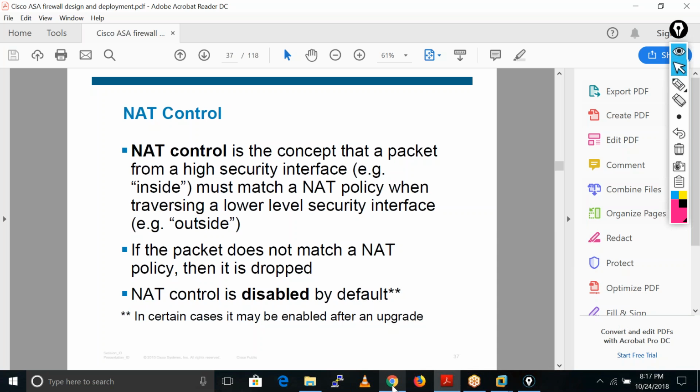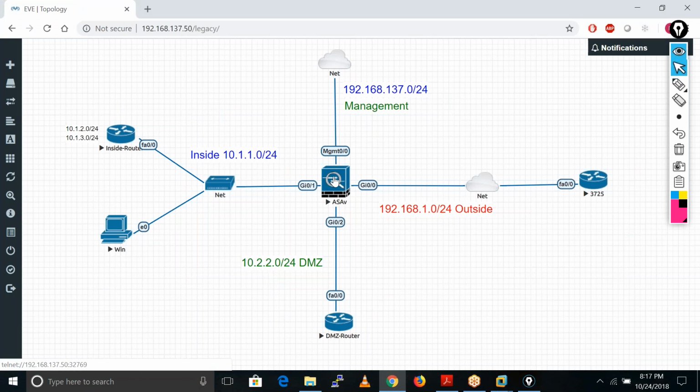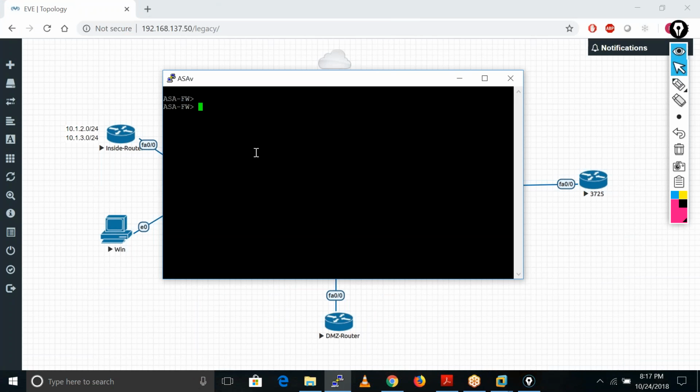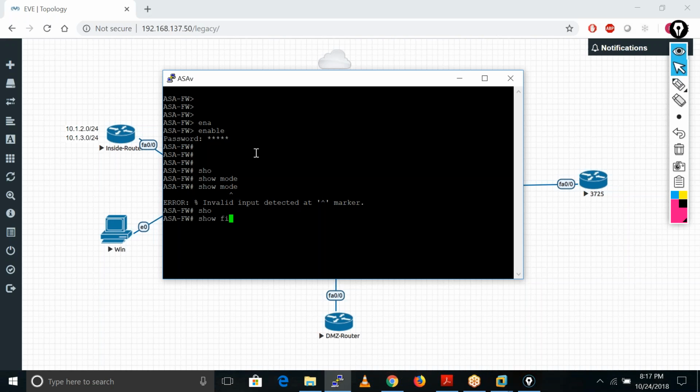If I open my firewall here and run the show firewall command, right now the firewall mode is routed.